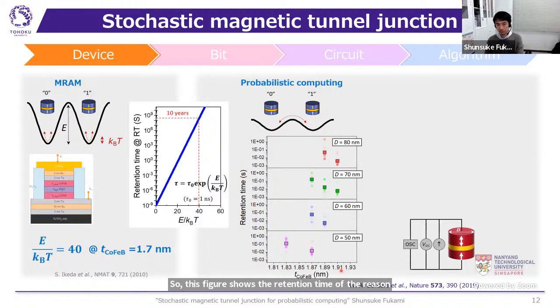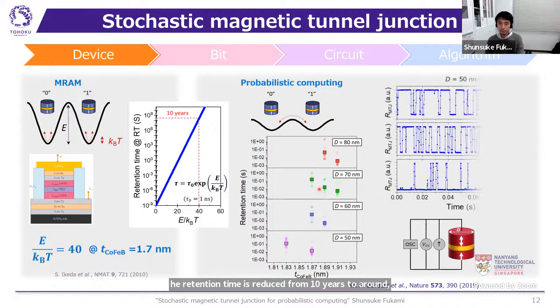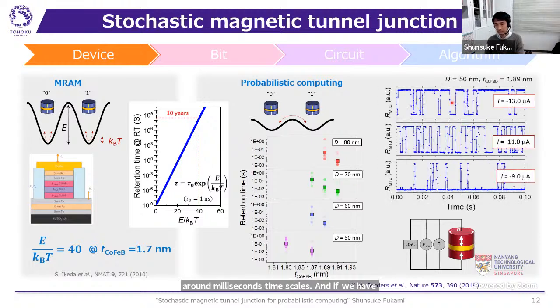So as shown in this figure, this figure shows the retention time of each state as a function of the thickness of the cobalt iron boron for 4 different diameters of the MTJs. As you can see, the retention time is reduced from 10 years to around millisecond time scales. And if we observe in the time domain, we found that the output resistance fluctuates in time with the millisecond time scales. So this result shows that our device has controllable stochasticity, which is the fundamental requirement to construct the